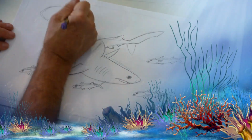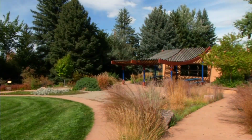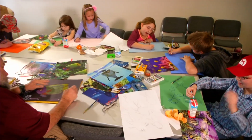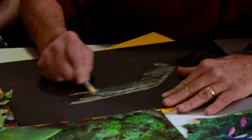Art and nature lovers, it doesn't get any better than this. Majestic View Nature Center in the heart of Arvada offers creative art classes for both kids and adults year-round. Our mission here at Majestic View Nature Center is to promote environmental education. So there are a lot of ways and means to do that. So this class, if you have an inclination to be a little bit creative, this is a great way to